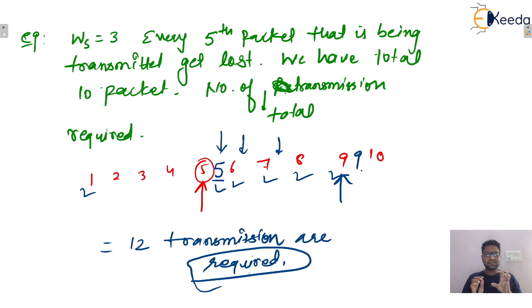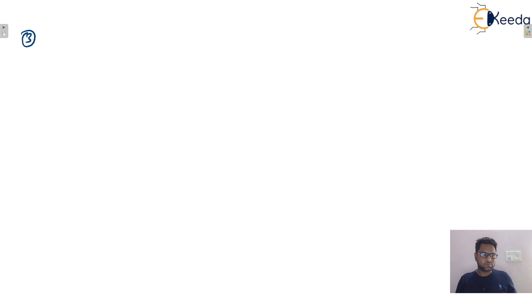So in terms of retransmission, selective repeat is the same as stop and wait. And in terms of efficiency, selective repeat is like go back N, so efficiency is greater than stop and wait, but retransmissions are less. So overall we can say that selective repeat covers the disadvantages of both go back N as well as stop and wait. Okay. So the next point, the third point, is about acknowledgements.